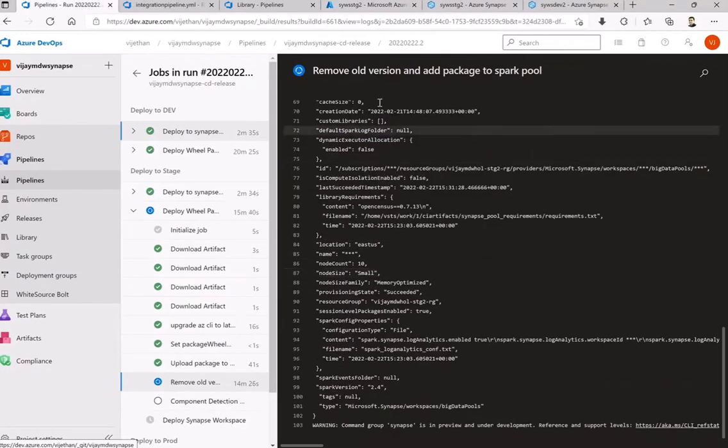While it runs, you can also do it for the development environment as well, if required.